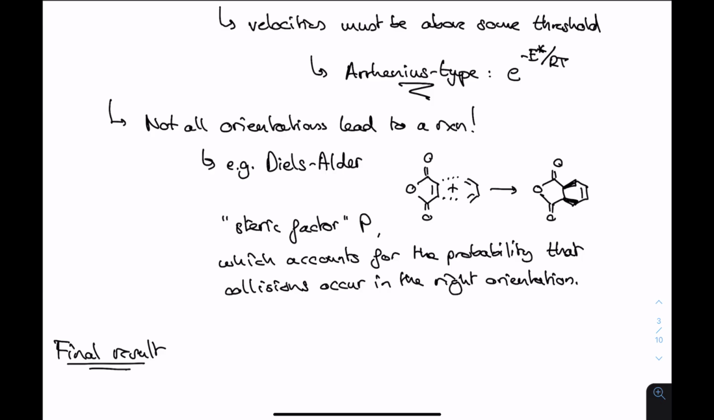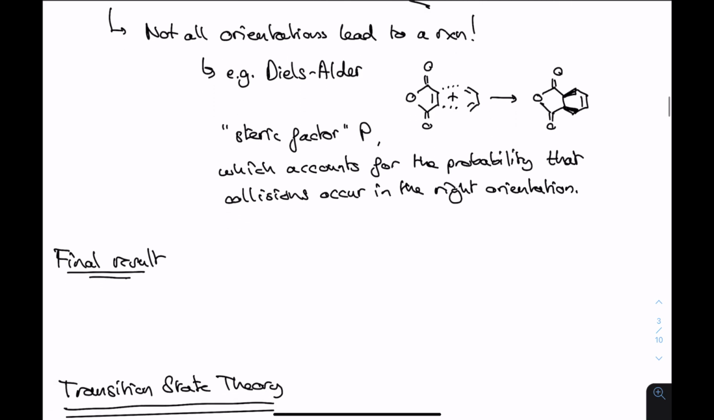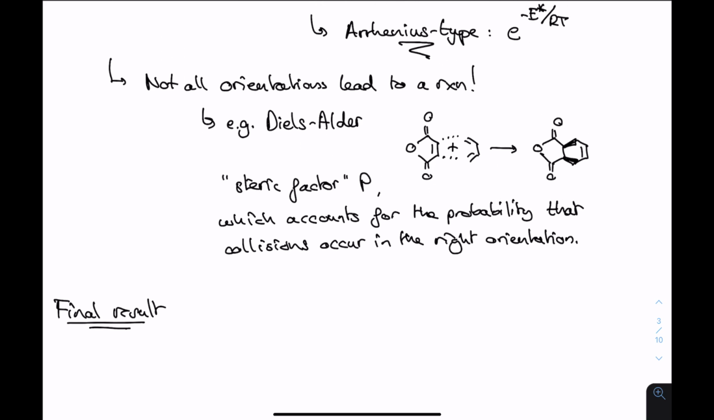So you can imagine if you have a Diels-Alder reaction, the reactants have to be in a pre-organized state to give the product, and that will not happen for all orientations. So there is a steric factor, which is called P, which accounts for all these aspects. Okay, so the final result of that is that the reaction rate